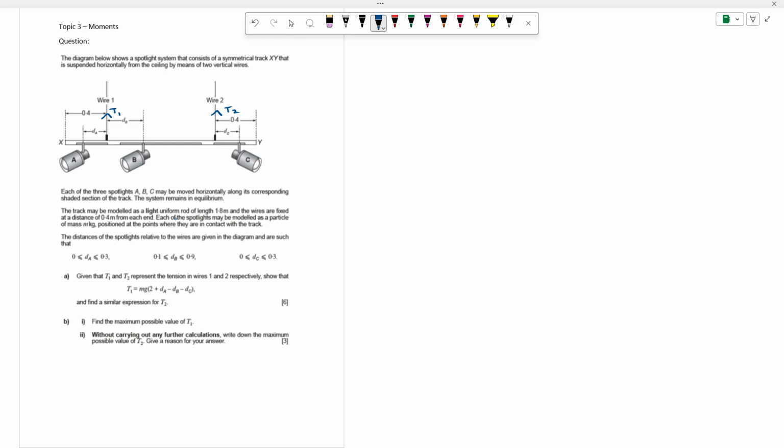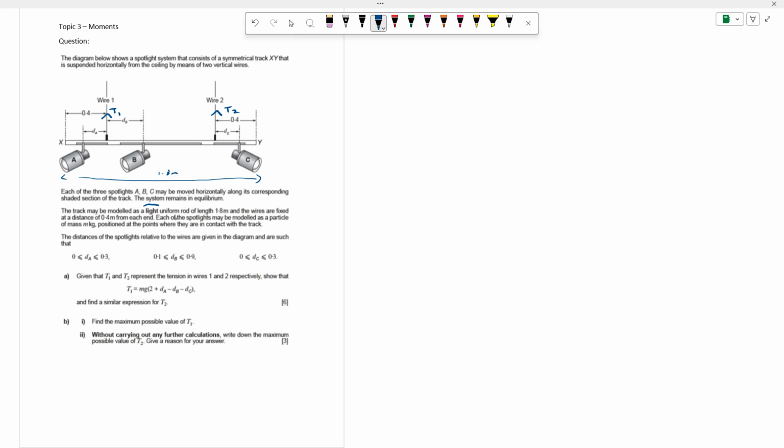Each of the spotlights A, B, C may be moved horizontally along the corresponding shaded section in a track. So that's dA for A, dB for B, and then dC for C. So you can see the kind of lengths, the grey parts above them that they can slide along. The track may be modeled as a light uniform rod. Normally we have a mass to our rod, and we stick it in the middle, don't we? However, we can't do that this time because it's light, so there's no mass to it. Okay, so remember when you see that word, there's no mass, and the whole length of it, so this total length across, is